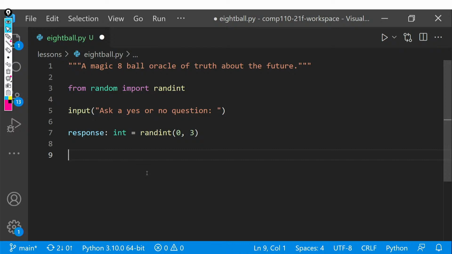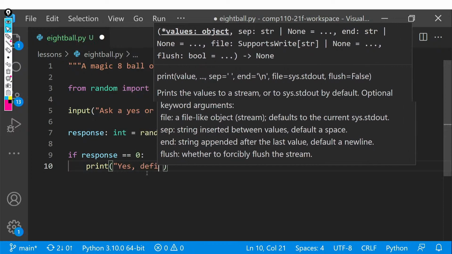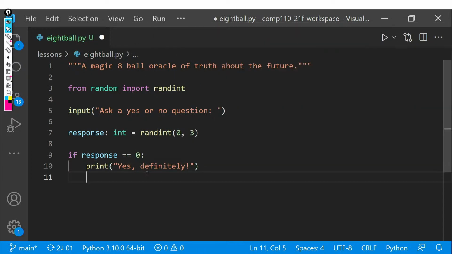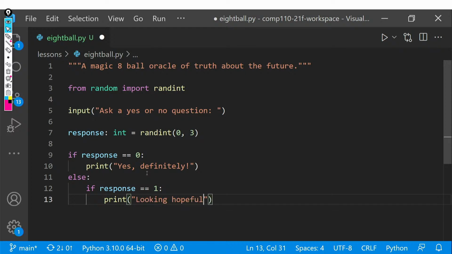And so now let's write that if statement that we saw earlier. So if response is equal to 0, print, yes, definitely. Else, if response is equal to 1, so we're going to do this nested like we just talked about, print looking hopeful.